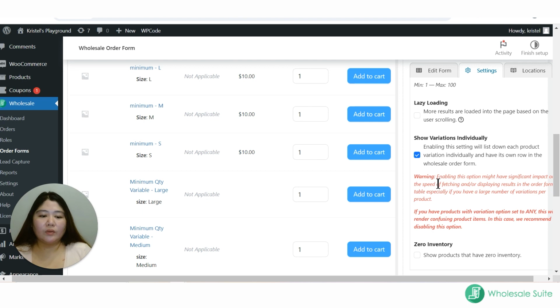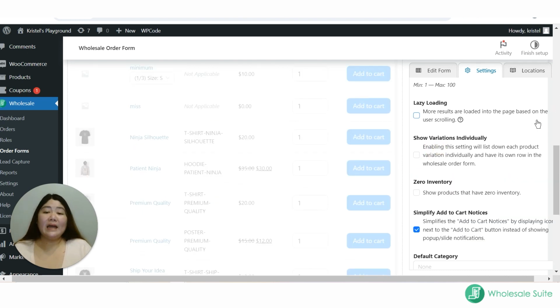Okay, we do have a warning here that enabling this option might have significant impact on the speed of fetching and/or displaying results in the order form table, especially if you have a large number of variations per product. If you have products with variation option set to any, this would render confusing product items. In this case, we recommend disabling this option. Okay, we highly suggest